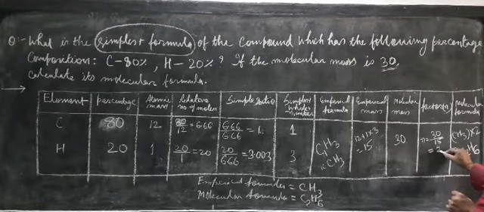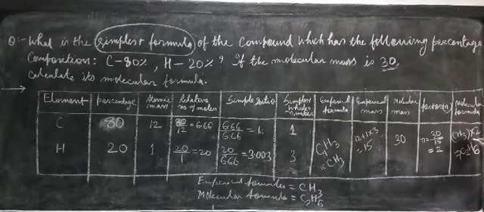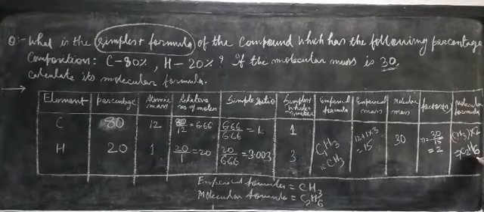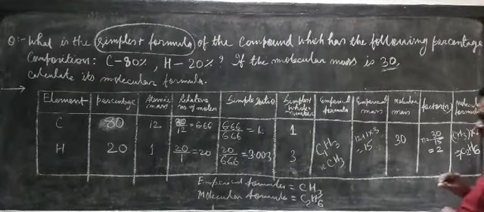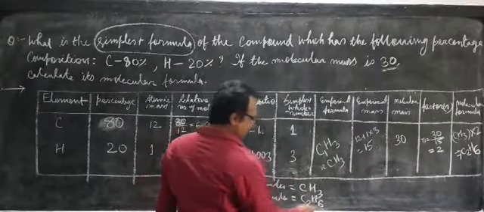How do we find the molecular formula? Molecular formula is equal to empirical formula into factor, the empirical formula into a whole number. So this is the empirical formula multiplied by the factor 2. So how much are you getting? C2H6. 2 is multiplied here in this number, so 1 times 2 is 2, and here 3 times 2 is 6. So the molecular formula you are getting is C2H6. You must know what C2H6 is. It is ethane. So now the final answer you have got: empirical formula CH3, molecular formula C2H6.